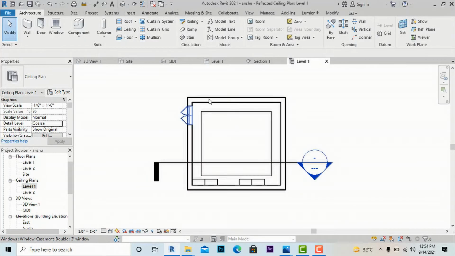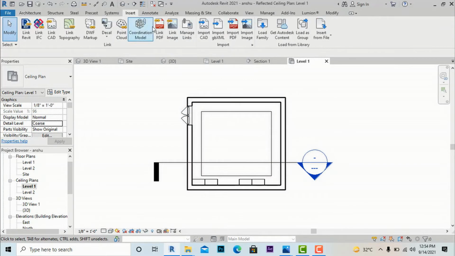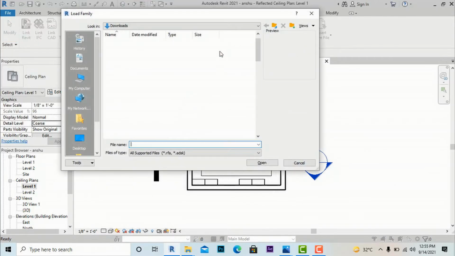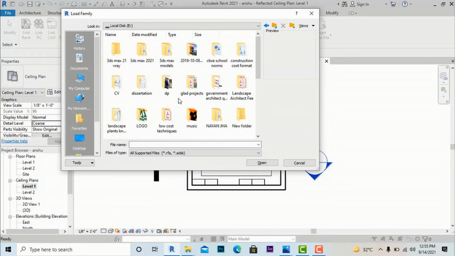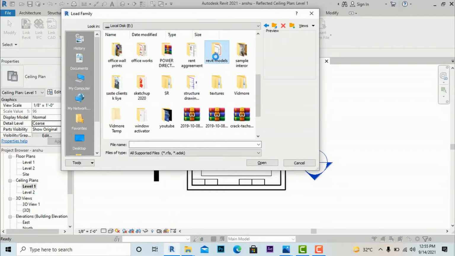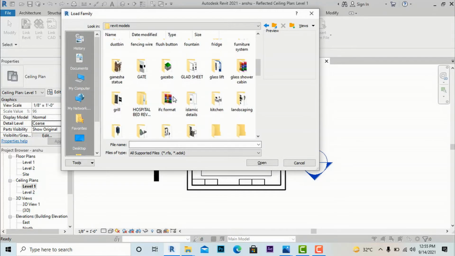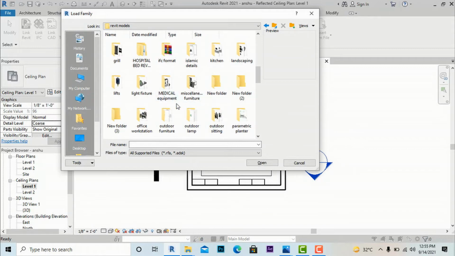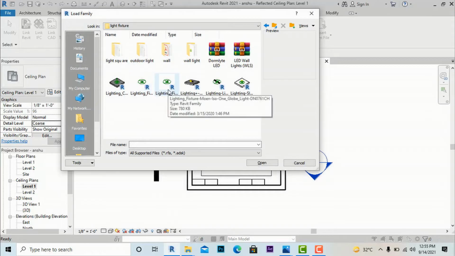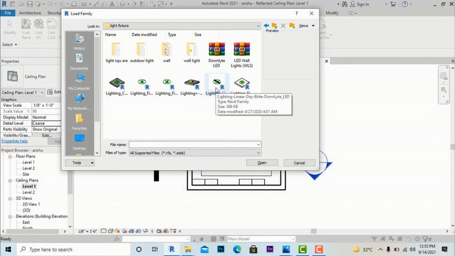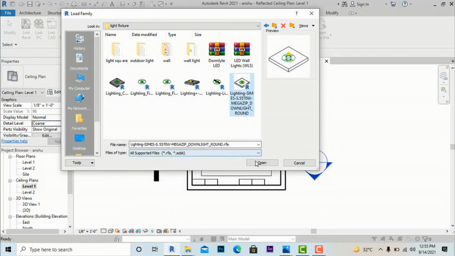I'm going to level 1 and I'm going to insert some lights. So I'm going to insert load family, and I'm going to the folder where I have saved some light textures, light models. So I'm going to my Revit models, and I will use light fixtures. Downlight, I'm going to use some downlight, low light, sconce, downlight round. So I'm going to use this,